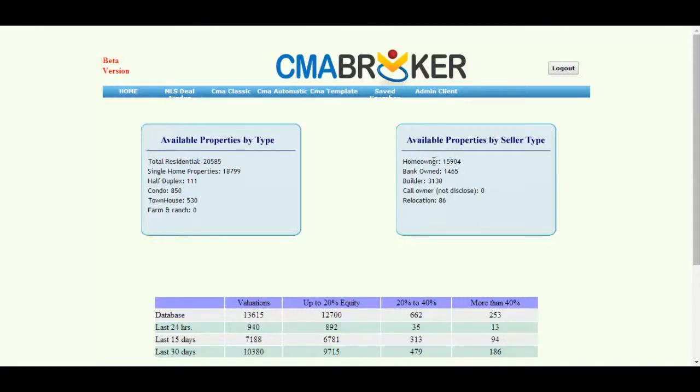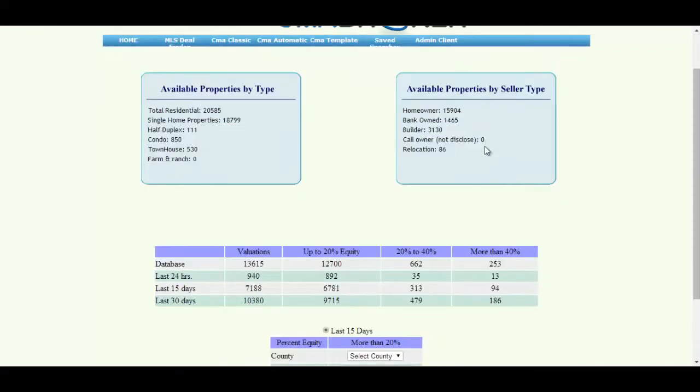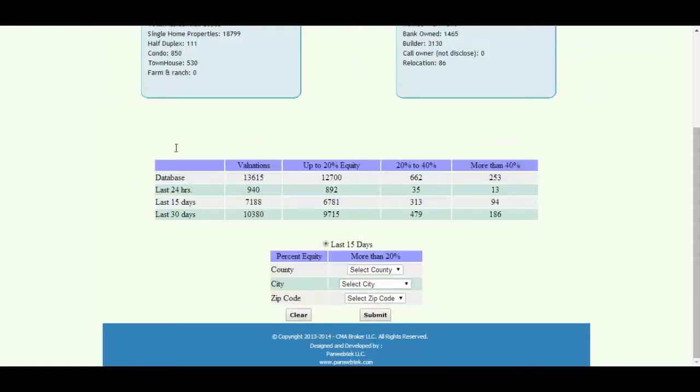How many of those are homeowners? How many are bank owned? How many are builders? And all that other good stuff there. Down at the bottom, you can see what's in the database right now and what our system has identified as